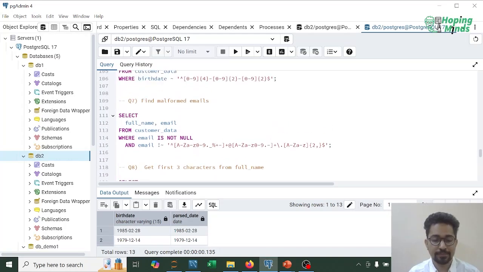Then we need to handle the malformed email. So select full name, email from the customer data where email is not null and email like. This is the regex for the email. It has to be from capital A to Z, lowercase a to z, and 0 to 9. It can be more than one character. This is what I want in the beginning,